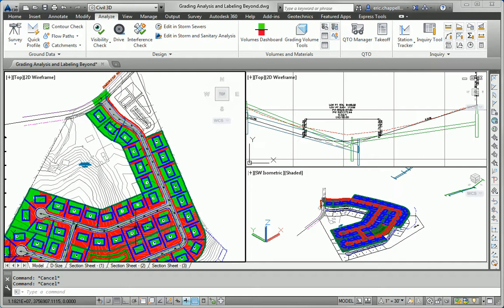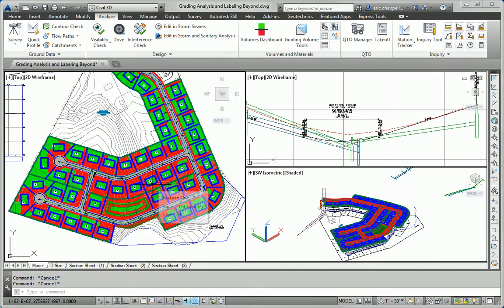When I get all the lots done, I'll check the volume again and see if I'm closer to balance. I can tell you though, what I would do right off the bat is I think I would drop the profiles down more, because I don't feel like I'm going to get another 50,000 yards worth of cut out of just adjusting these lots. I could be wrong, but my gut tells me that I need to bring those roads down a little bit more. So I would probably do that first, maybe try to get another 20,000 yards out of dropping the profiles